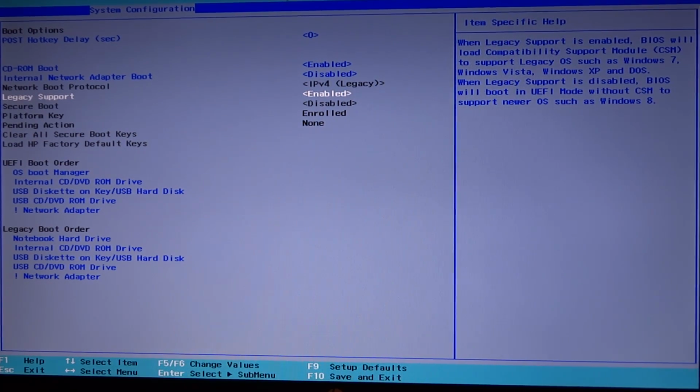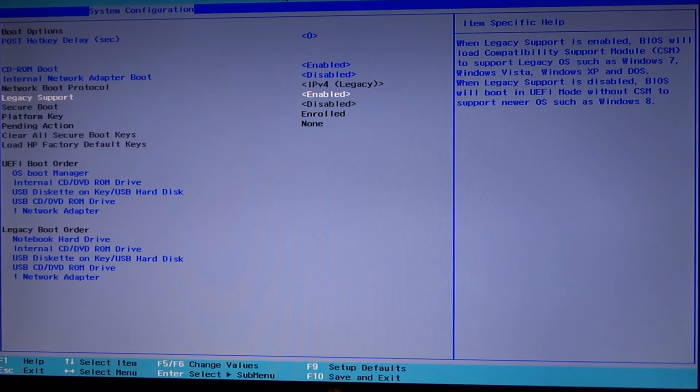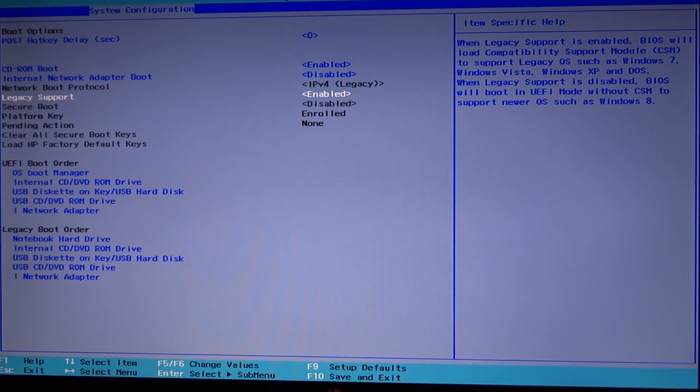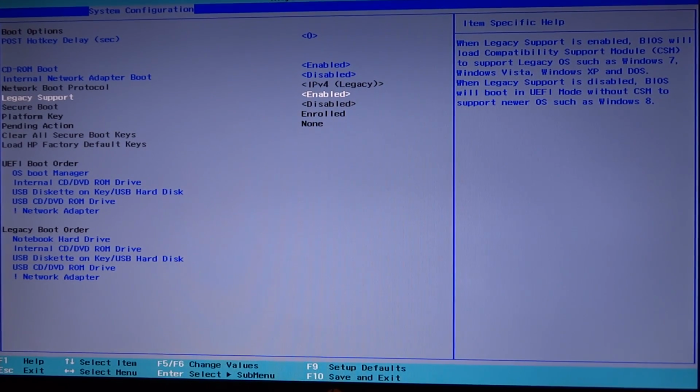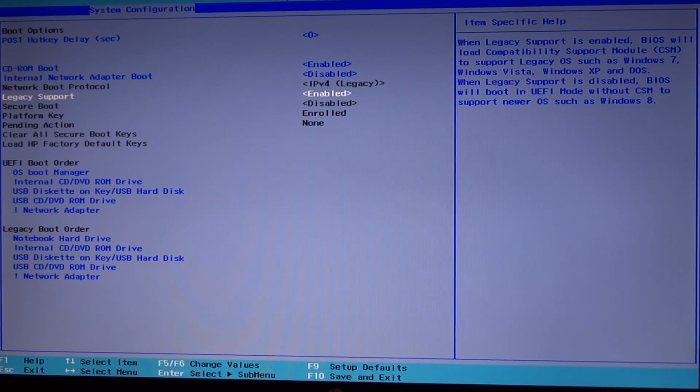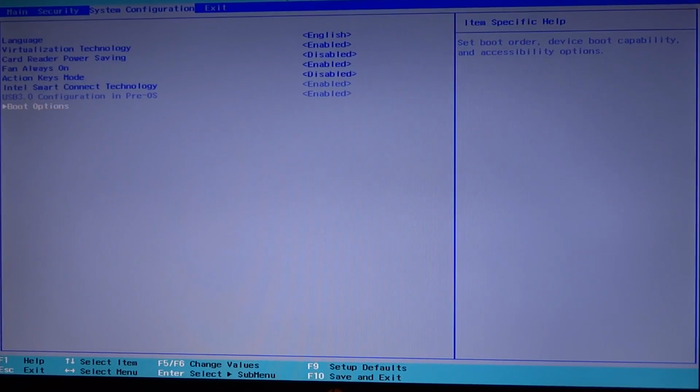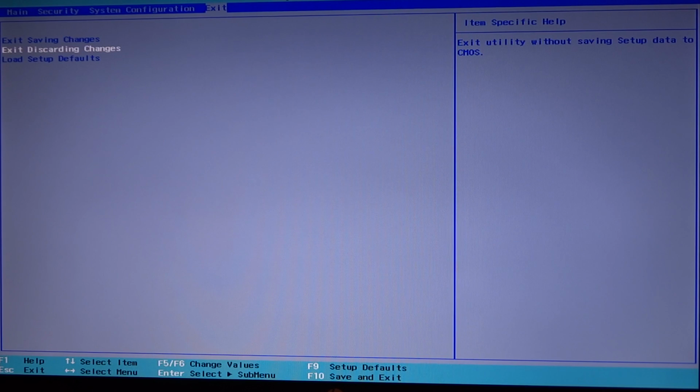However, if you're on a desktop, maybe, that you've built yourself, I assume this might be unnecessary, or if you're on an older laptop, this step will also be unnecessary. This is mainly for if you're on a Windows 8 laptop or any other newer PC. And so you want to make sure this is enabled, and then you want to go ahead and exit saving